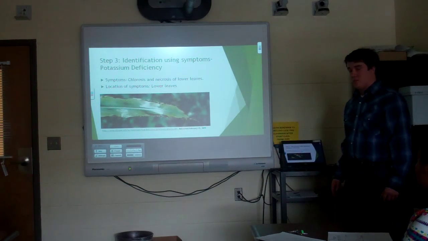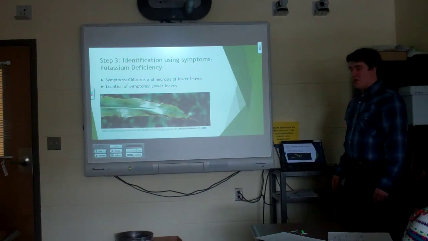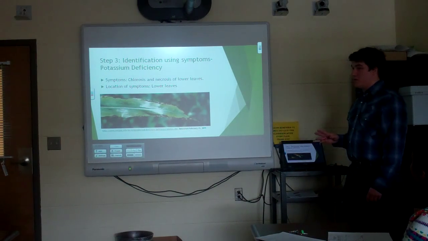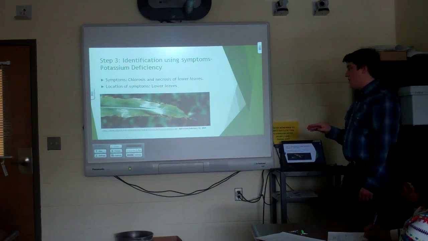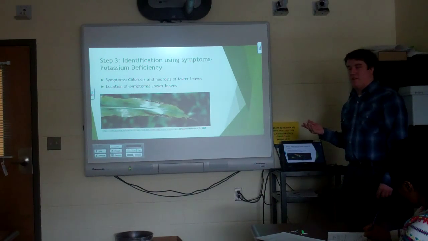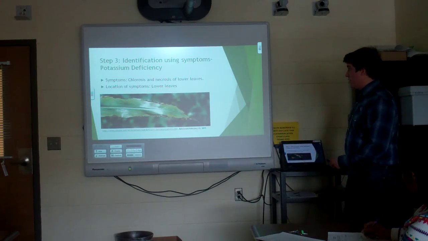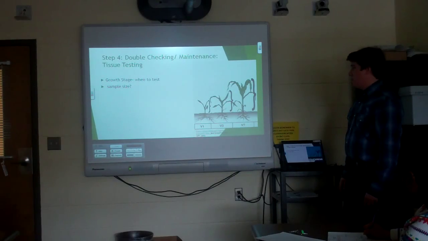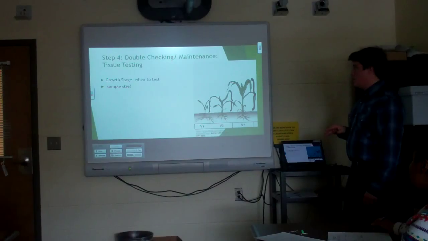So the last one, third major nutrient, potassium deficiency is going to be seen as chlorosis and necrosis. That's the real key factor on the lower leaf edges, and it's basically going to look like somebody, for lack of a better image, just took a match to it and burned around the edge. That's what it's going to look like. And once you think you have your culprit, you're going to want to